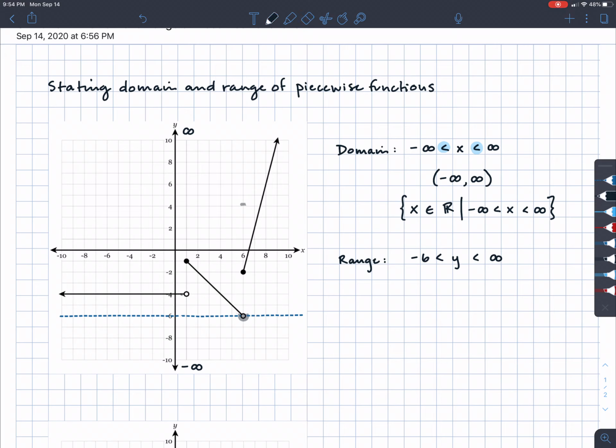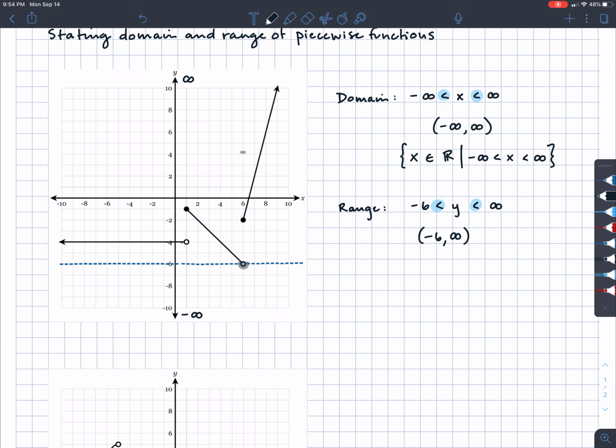So let's rewrite this in our different notations. So this was our inequality notation. Notice that I have a less than sign here, so I'm going to write a parentheses, -6 to positive infinity. I have another less than symbol, so I'm going to put a parentheses around that as well. Okay, and then finally in my set notation,